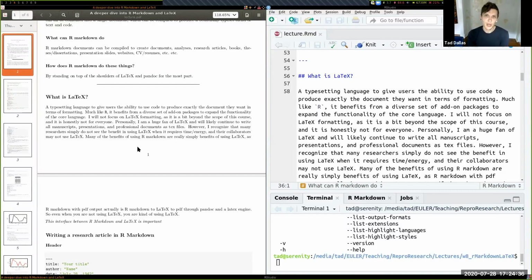But yeah, I'm a huge fan of LaTeX in general. I write my manuscripts in LaTeX instead of using R Markdown, but I'm going to introduce you to both, and then you can choose from there. I like LaTeX because I learned how to do it during grad school and have stuck with it because I think it provides you with more control over how to set things than R Markdown necessarily does. That being said, R Markdown is a bit better in terms of reproducibility.